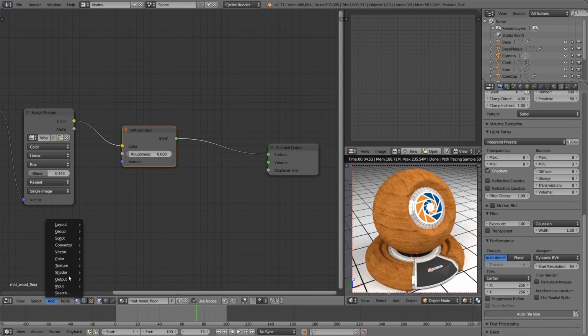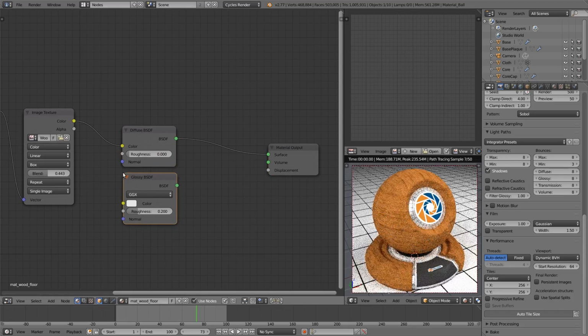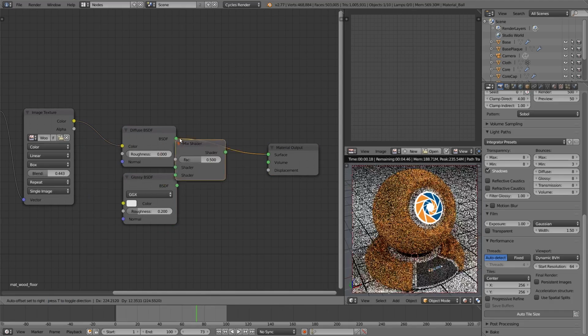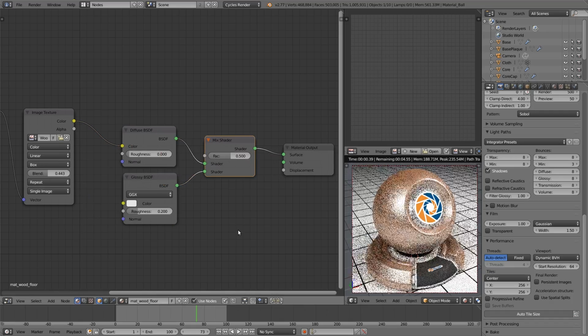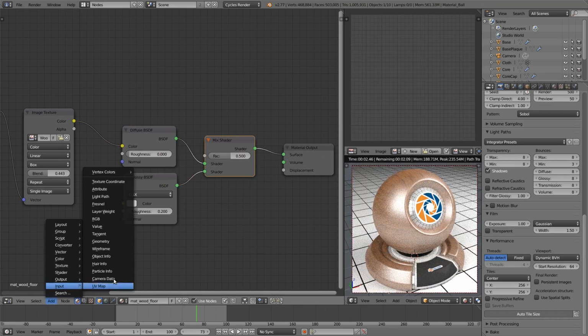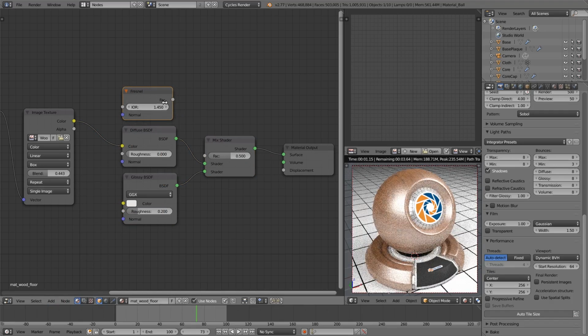So let's bring in our Glossy Shader and a Mix Shader, and bam. Now for this we are going to be using Fresnel again, but we don't need the more complicated Fresnel. Just a basic one set to about 1.6 should work quite nicely. Yeah, it doesn't look too bad. And turn that down to about 0.05. Make it a bit on the shiny side, though we will be adjusting the